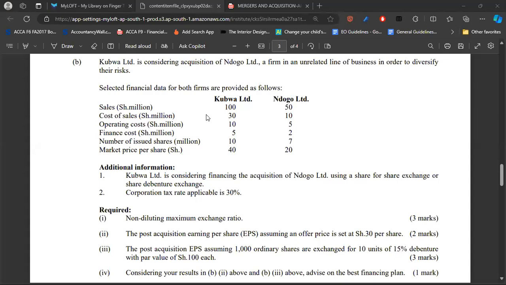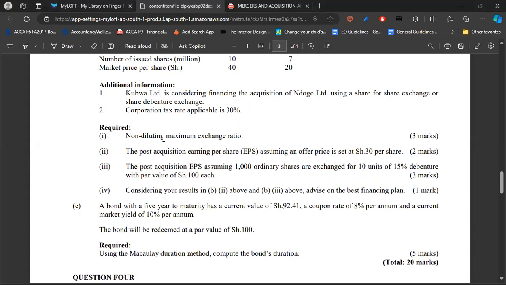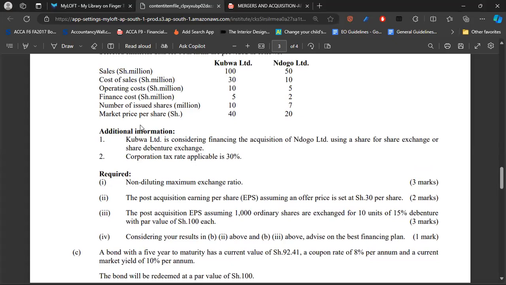So we are being given a question like this in an exam. The examiner is asking you to calculate the non-diluting maximum exchange ratio, giving you 3 marks. Then number 2, they're asking you about the post-acquisition earning per share, assuming an offer price is set at 30 shillings per share. Then we are also told to find the post-acquisition earning per share, assuming 1,000 ordinary shares are exchanged for 10 units of 15% debenture with a par value of 100 shillings each. Then considering your results in B2 and B3, advise the best financing option. Now, that being said and done,